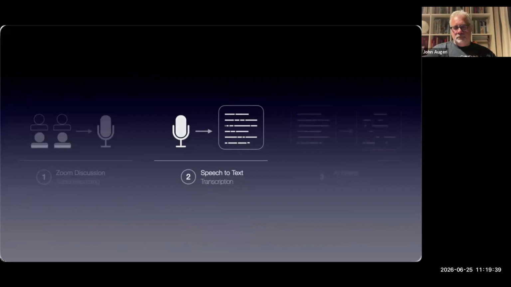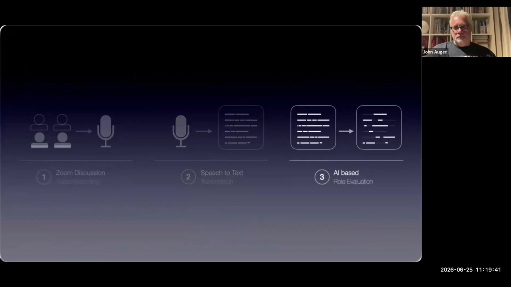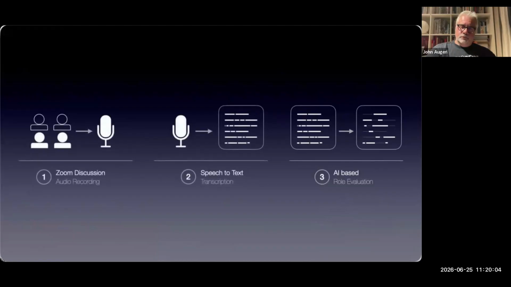And the third and last step was basically to conduct the AI-based evaluation of the roles. So clearly analyzing what the students were saying and what kind of role they had during the discussions. We ran this AI-based role evaluation through 3 iterations, and we could reach an accuracy of 76%, which is a ChatGPT self-assessment after those 3 iterations. So once again, the 3 steps to collect the data.